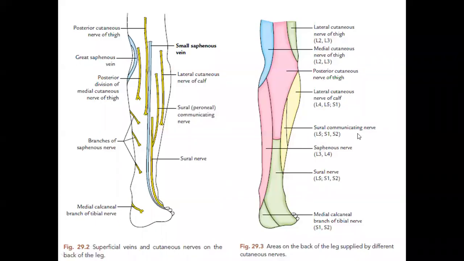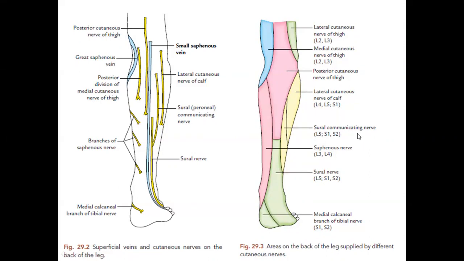Very good morning, everybody. Today we will be dealing with the back of the leg. As you can see in the diagram, the back of the leg has two important contents that we see in the superficial fascia. These are the superficial veins, which are the great saphenous vein and the small saphenous vein. And we have some cutaneous vessels and cutaneous nerves here. The superficial veins will be dealt with under the veins of the lower limb.